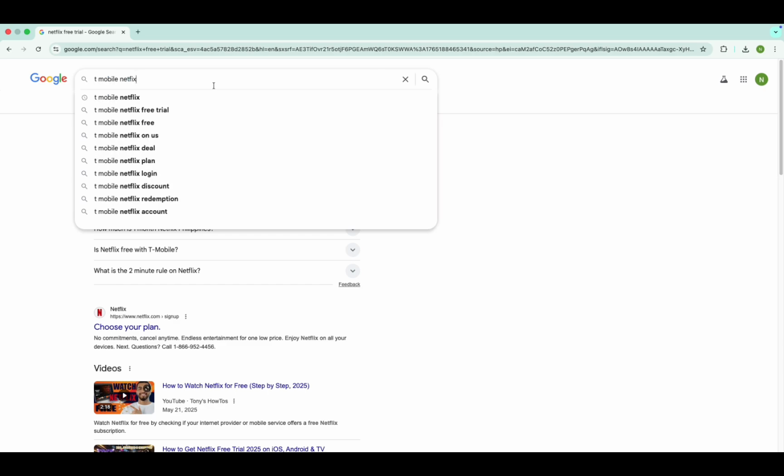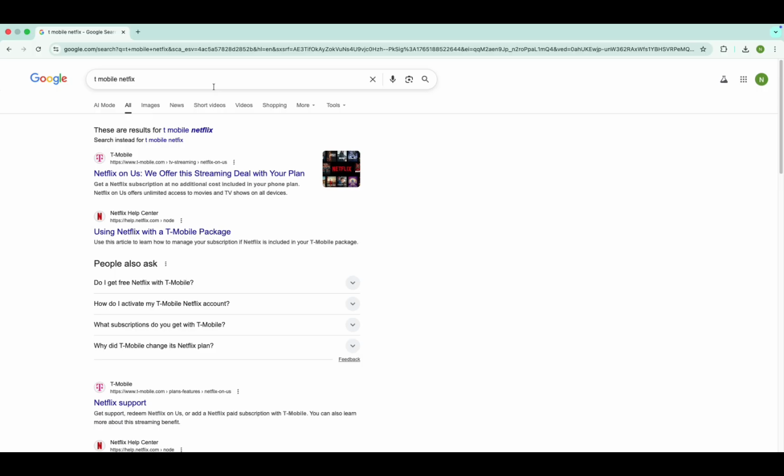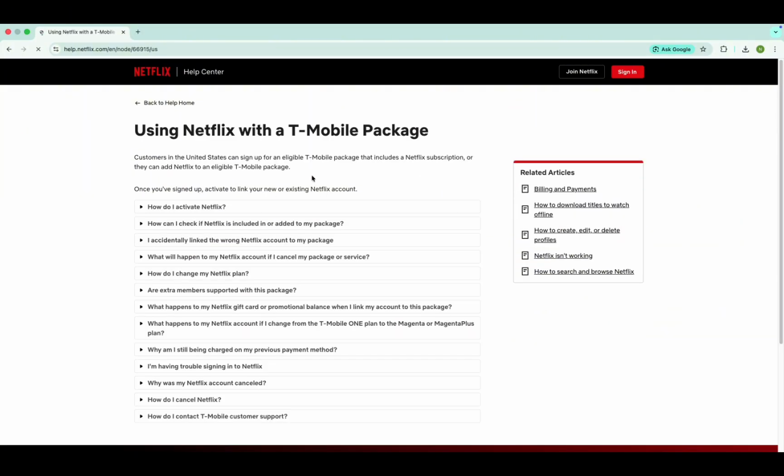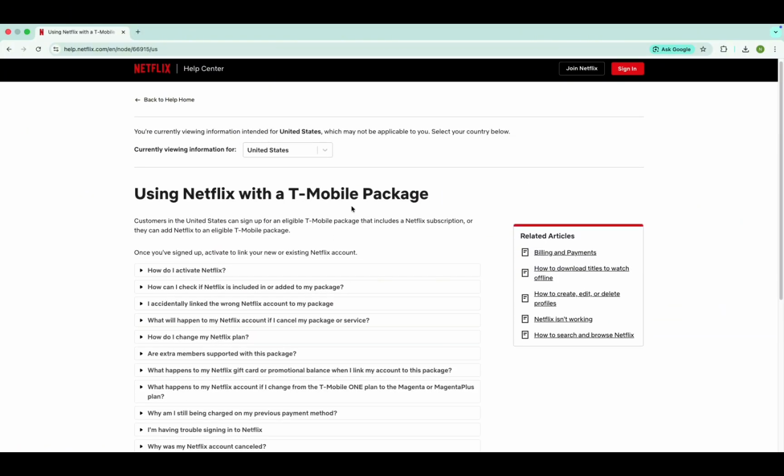Now go back to the search bar and this time type T-Mobile Netflix. And then after that, look for the link that says T-Mobile with Netflix and click on it. Once you click the link, you'll see that it won't be available in some countries. What I do know is that it is available in the United States. So you can go ahead and choose your country on the page, and if it's available for you, then you're